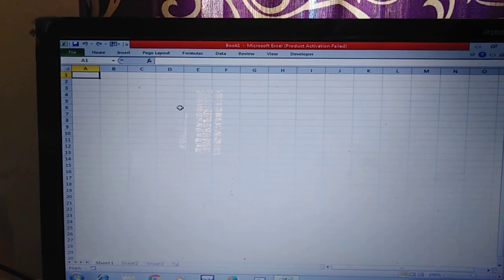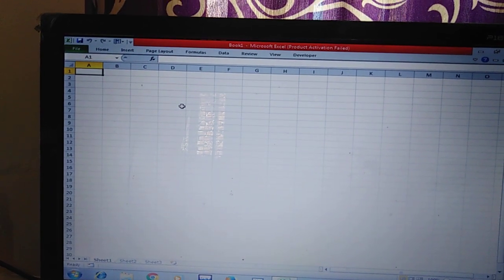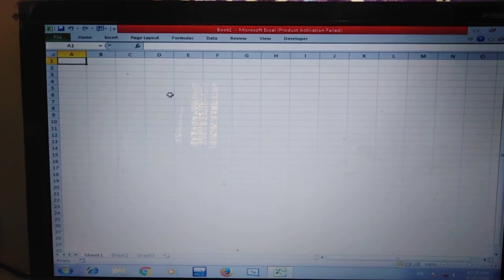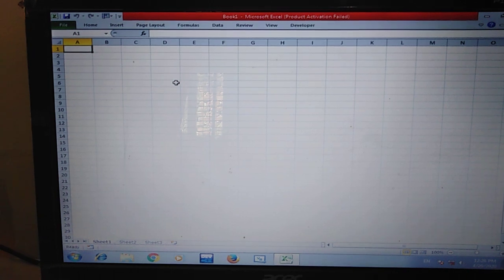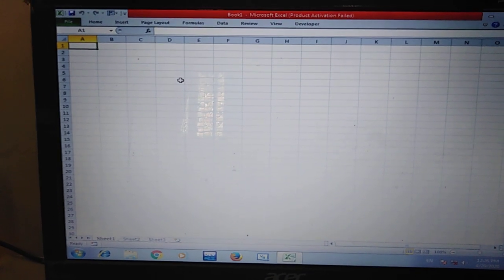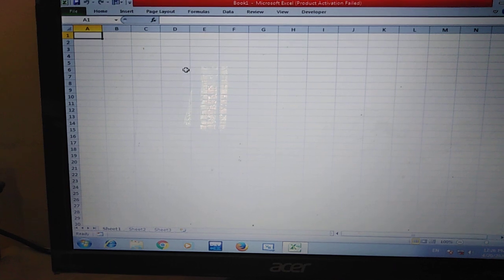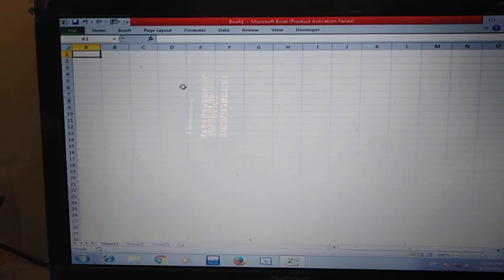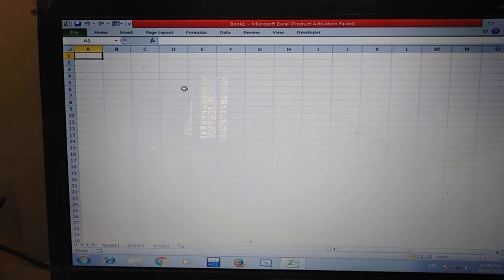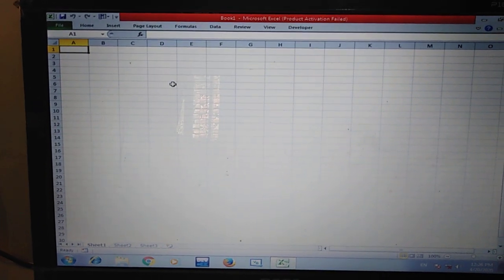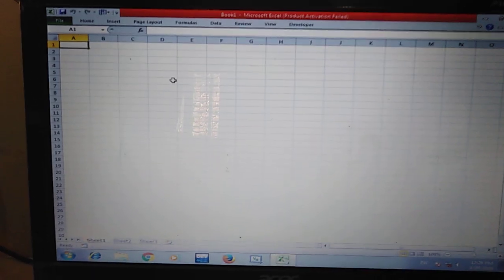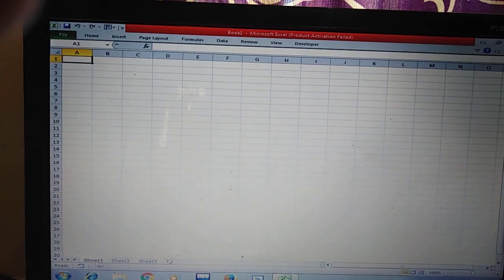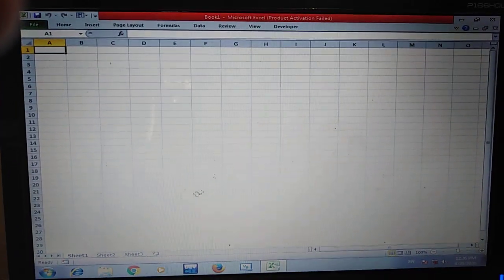In the Excel sheet you have to see at the top of the margin Book 1 and at the bottom of the margin Sheet 1, Sheet 2, Sheet 3. These are nothing but worksheets. A worksheet is an electronic sheet, and whenever we save our data, we save it in the form of a book. So Book 1 is the default name, and by default 3 sheets are open: Sheet 1, Sheet 2, Sheet 3, and Sheet 1 is the active sheet.